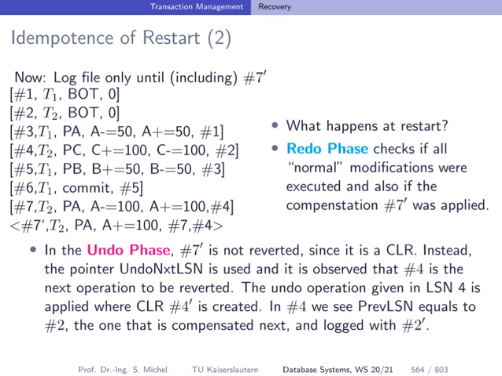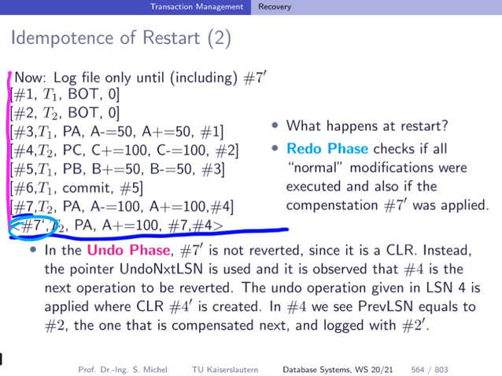It can of course happen, and this is why we're discussing this idempotence, that we have only a partial log, because when we did the undo of the operation with LSN 7 and we wrote down the log entry in our log file, the system crashed. In redo, like before, we're going the log from the beginning to the end. And then we identify here, when we do the undo phase,